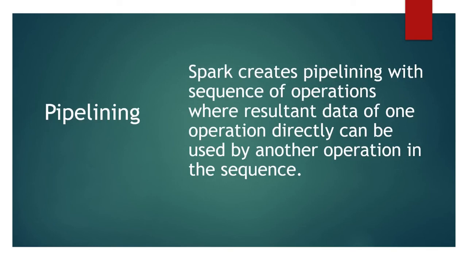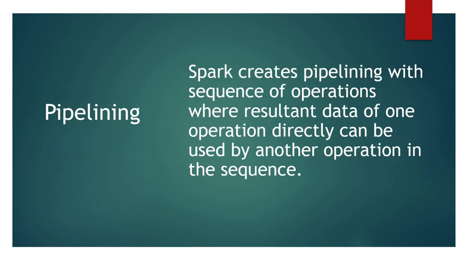Spark tries to club as many steps as possible at one point before writing data to memory or disk. This makes Spark an in-memory computation tool, and it is a very important feature of Spark. One such example could be a map followed by a map followed by a filter. In such cases, the output of such operations can be fed directly to the next operation. This helps to reduce I/O cost, as we are not writing any intermediate result to memory or disk. So it is a very important feature of Spark that it can pipeline tasks, and with the help of that it can save a lot of I/O cost.